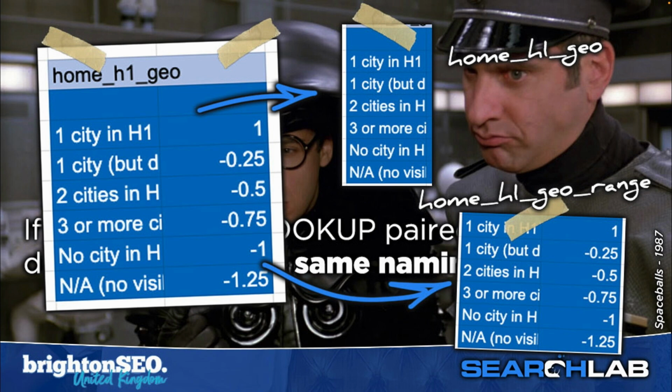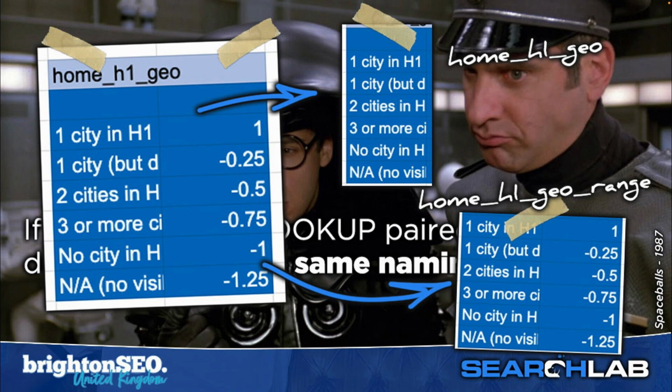home_h1_geo_range, because we know that just the name that's listed is just the left column, because that's what goes into the dropdown, and then we put the entire thing under the same name with range appended to the end. So then it's very easy for anyone to go back and find any errors or do any updates to formulas